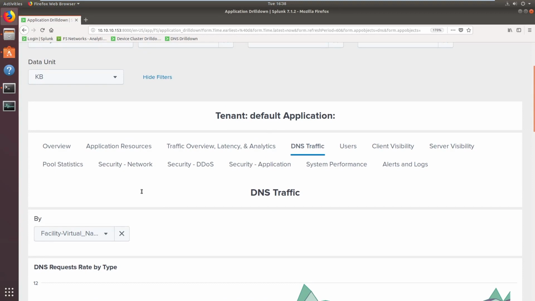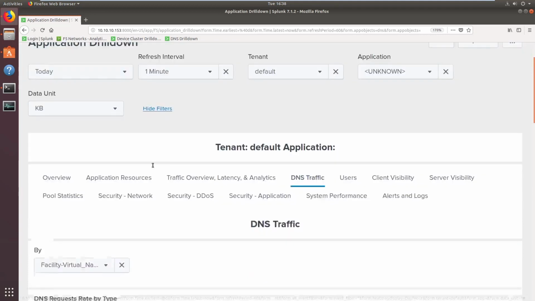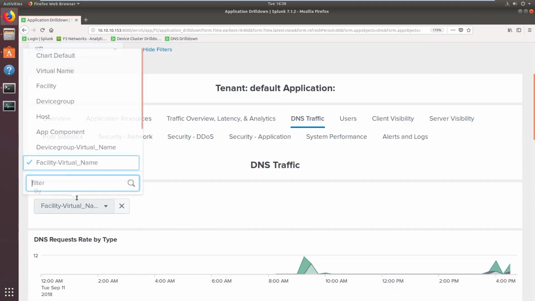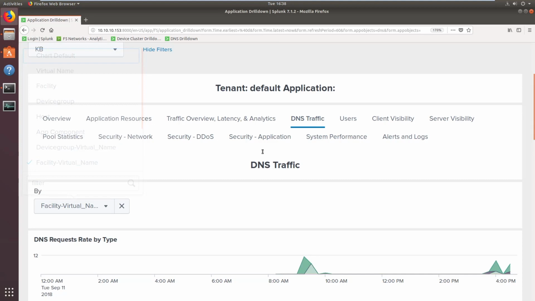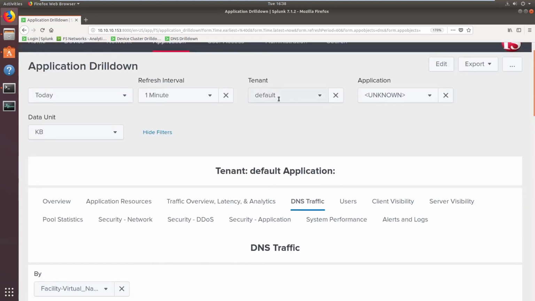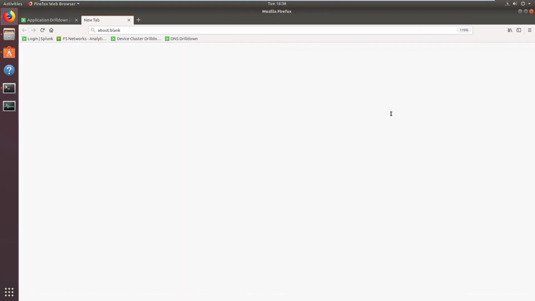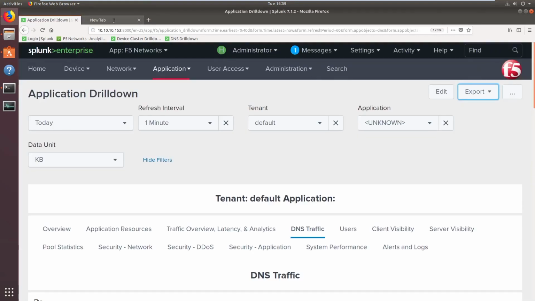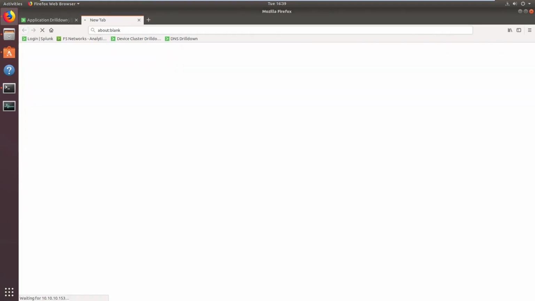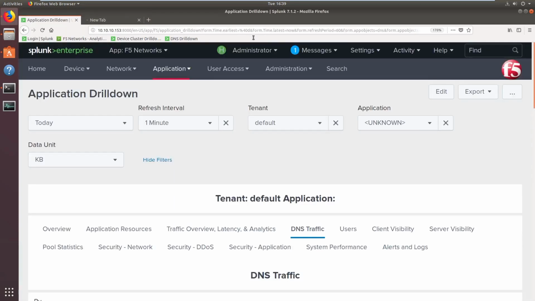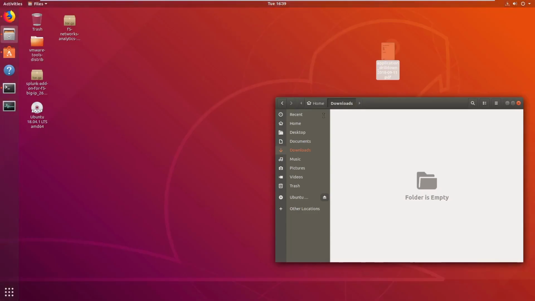Now, there's a lot of possibilities you can do with BIG-IP sending to Splunk, but I was searching by facility, virtual name under DNS traffic and the default tenant to get that information. You can additionally export a PDF. It's not as clean and cut. Maybe it's just the browser or PDF viewer that I'm using. I pulled one earlier today too. But you get a very similar report